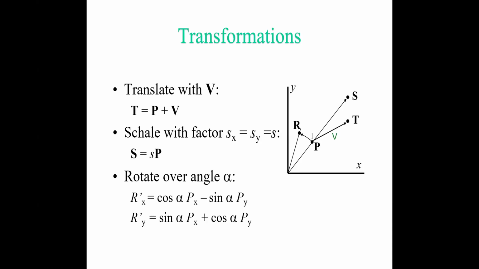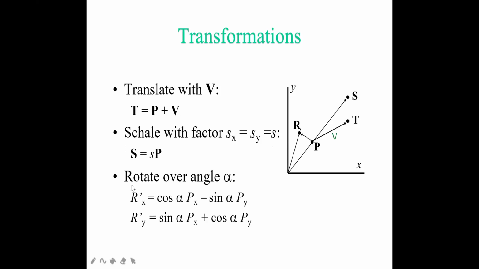And suppose I want to find the scaling. Scaling means you can have the scaling factors Sx and Sy. Let's consider S for both the axes. Then how are you going to find it? You have to multiply with the point. So your new scaling vector will be the scaling factor, whatever small s you have taken, multiplied with your previous point P. So the new point will be equal to S into P. Okay, so this is your scaling.